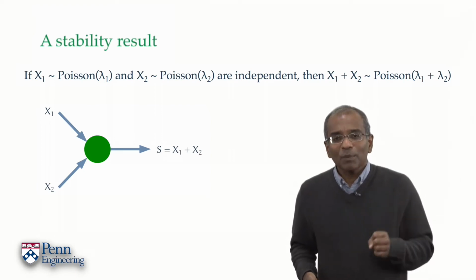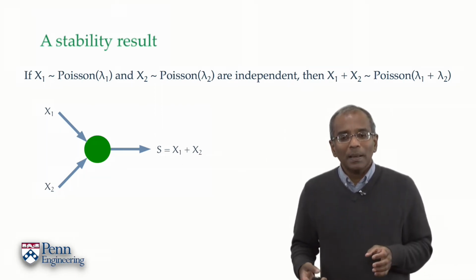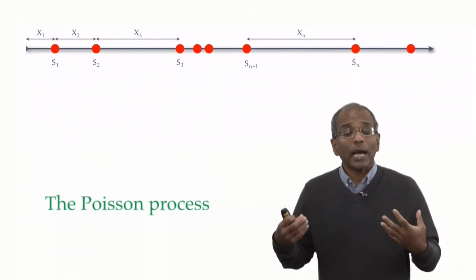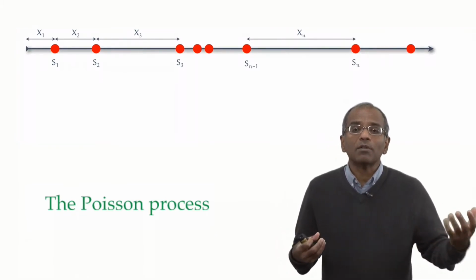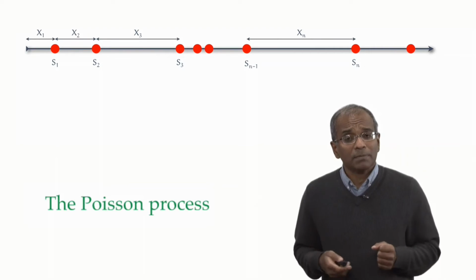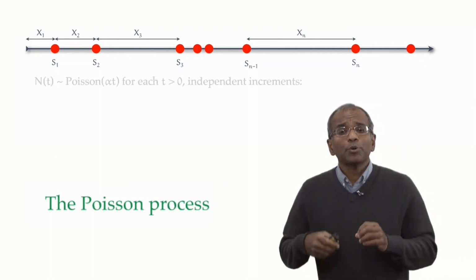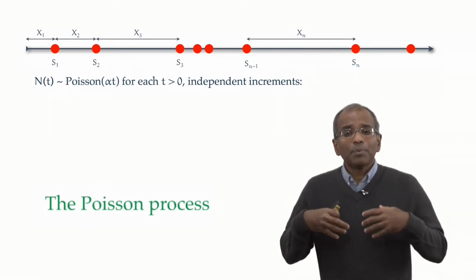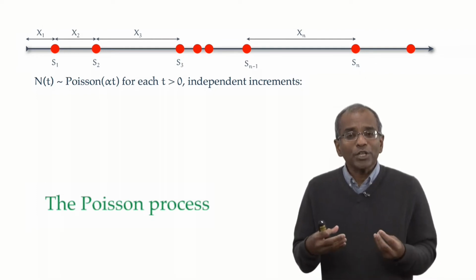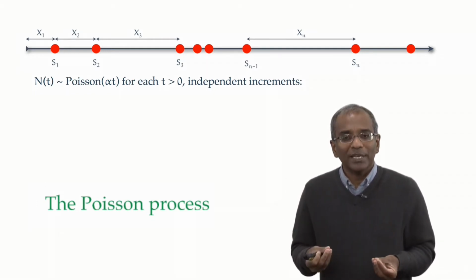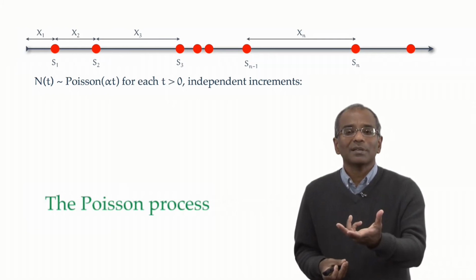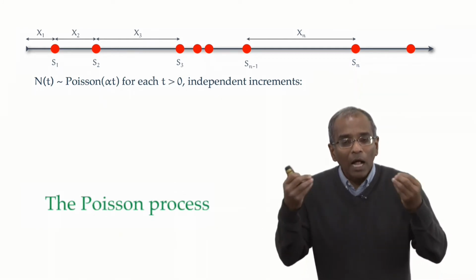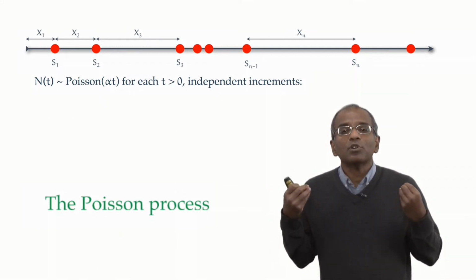Now, this stability observation was interesting in its own right, but was key in the development of the Poisson process, which tries to capture a sequence of random arrivals in time or in space. Formally, the Poisson process, viewed as a function of a time parameter t, is a chance-driven process, which for every fixed positive value t gives you a number of arrivals, which is a Poisson variable with a parameter alpha times t. Alpha here connotes the mean arrival rate.